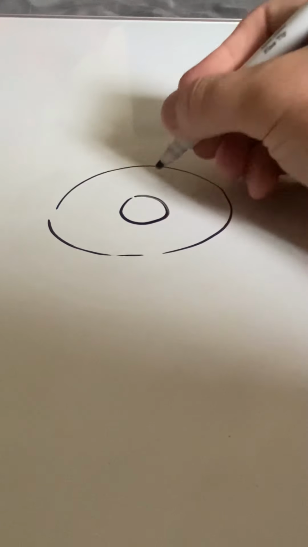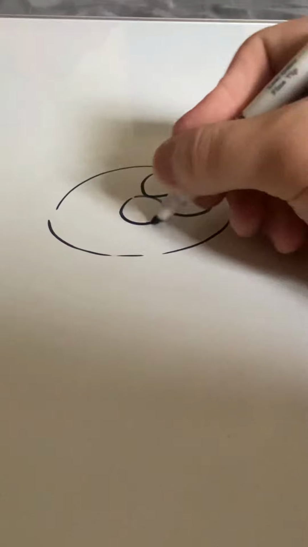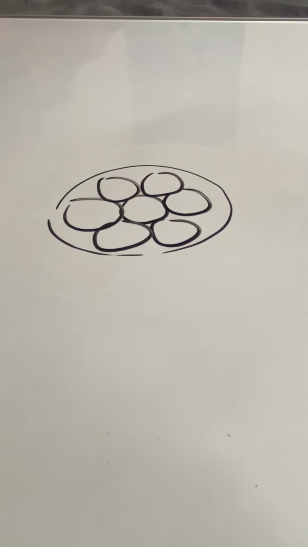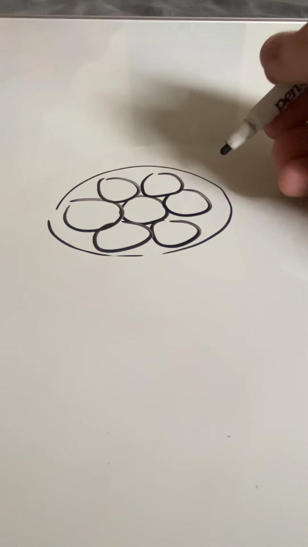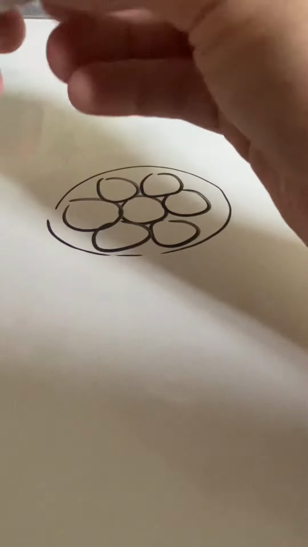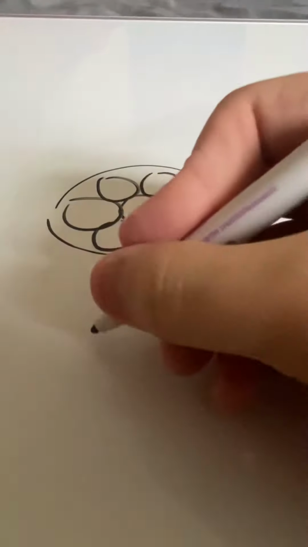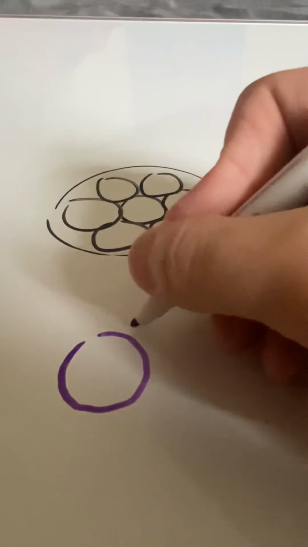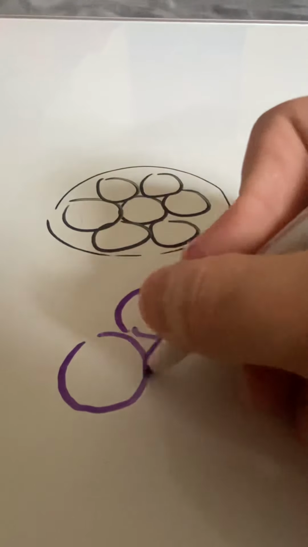And so what I mean by impossible shapes, how I started the video, is, so let's go within that circle, right? I'll put a circle here and put 6 around it. And so these are squeezed up against the outside and the one in the middle. And so the impossible shape here would be this. So if you add a circle here, add a circle here, and add a circle here,